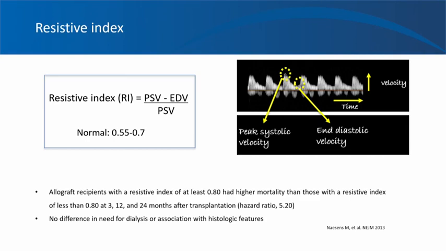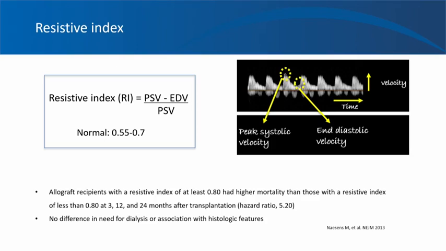As you know, this parameter is commonly used in the sonographic evaluation of renal transplant. We saw that the pulse wave Doppler gives a graph showing peak systolic and end diastolic velocities like this. Peak systolic, this is end diastolic. And resistive index is calculated by the formula peak systolic velocity minus end diastolic velocity divided by peak systolic velocity. That is big number minus small number divided by big number. And normal resistive index is somewhere between 0.55 and